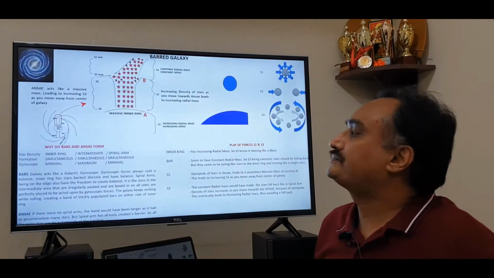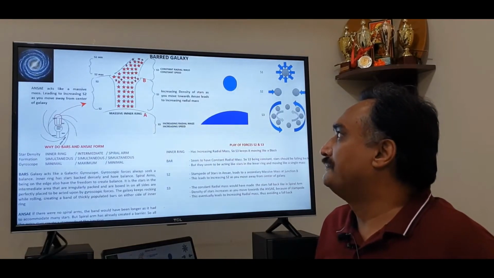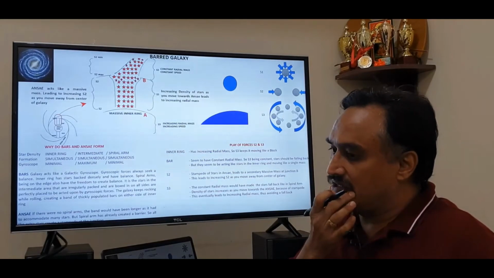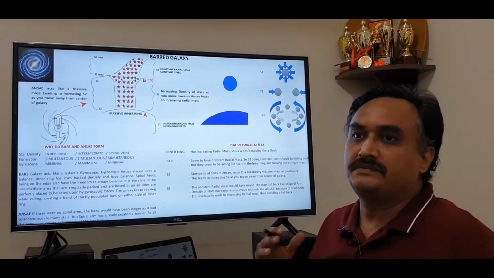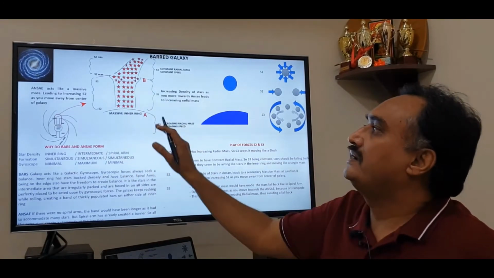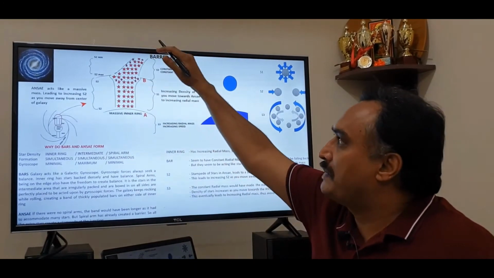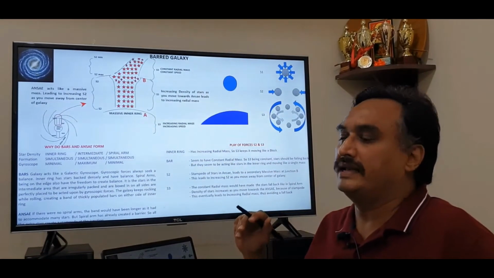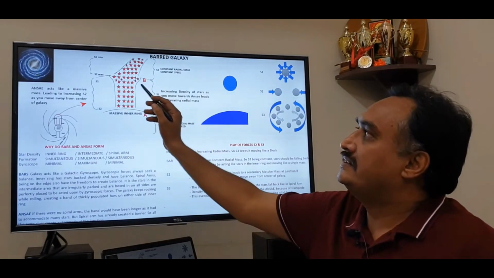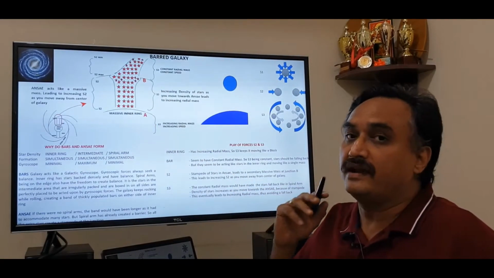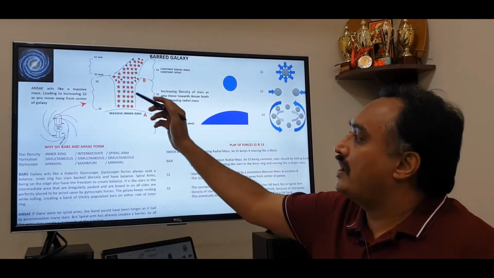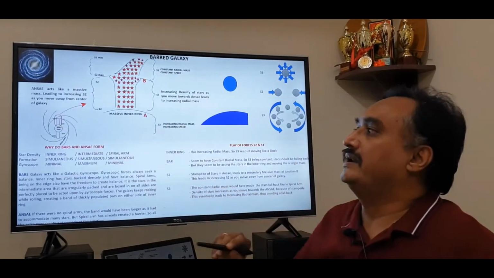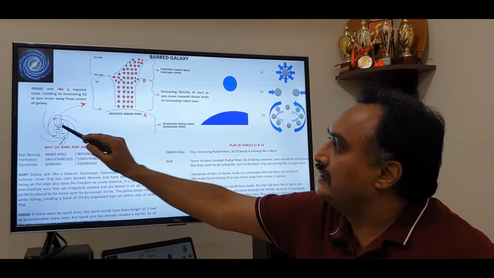Now let us see what is happening to the barred galaxy. In a barred galaxy, the formation of the system is the same with respect to the massive inner ring, the structure is the same, and even the spiral arms, the structure is the same. What is peculiar about the barred galaxy, as the name itself suggests, is that there are two bands of stars, and they are thickly populated on either side of the galaxy, or on either side of the inner ring,